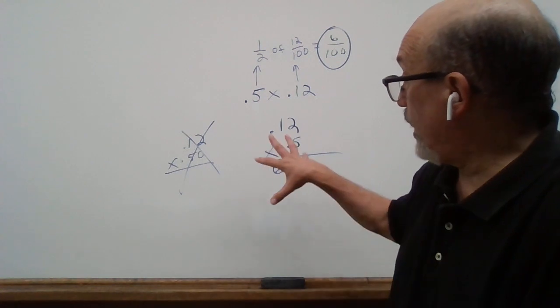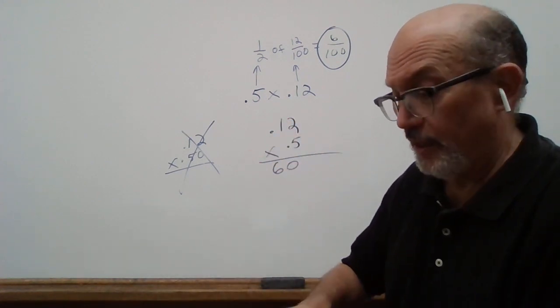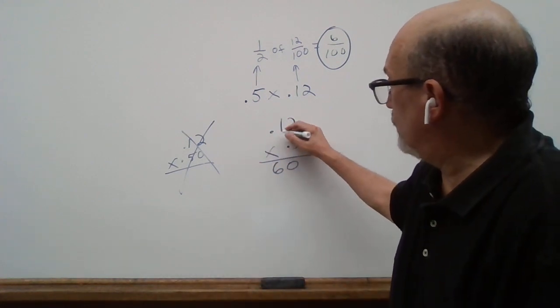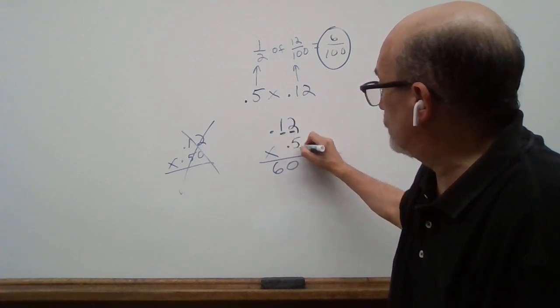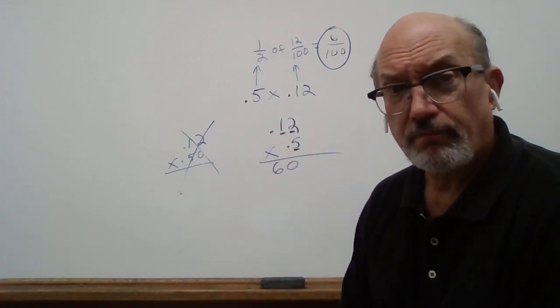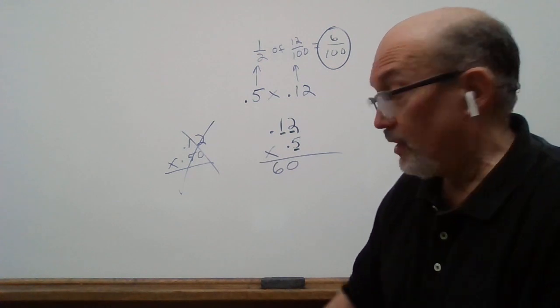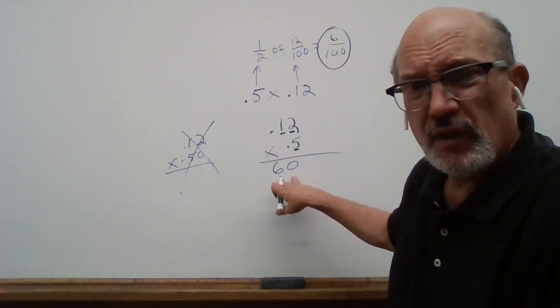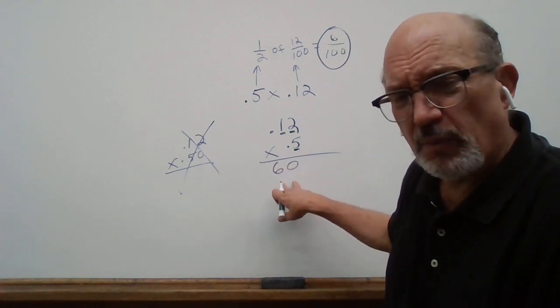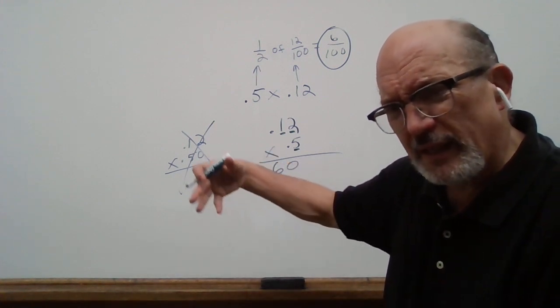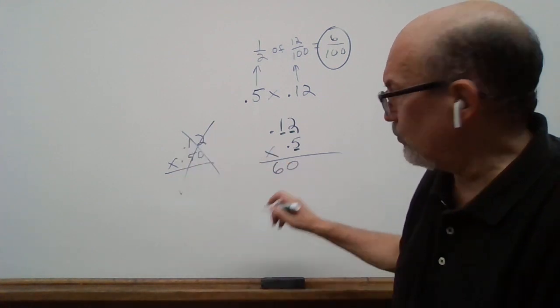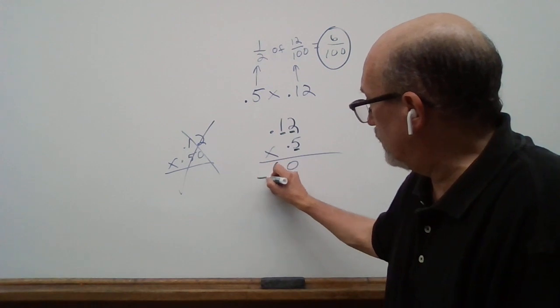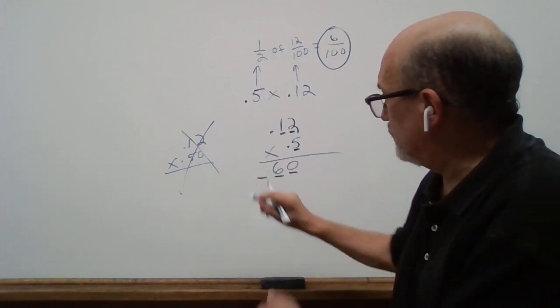Now, we look at both of the numbers we're multiplying, and we count the total number of digits to the right of the decimal point. And this time there are 3. So our answer has to have 3 digits to the right of the decimal point. Well, how do we make 60 have 3 digits to the right of the decimal point? We have to insert a 0 there